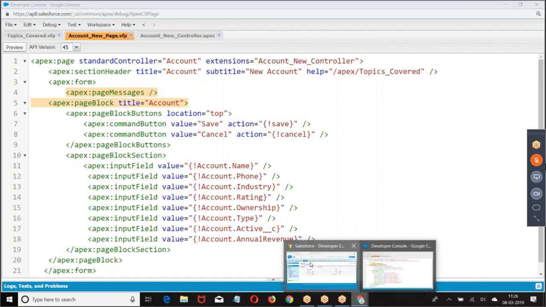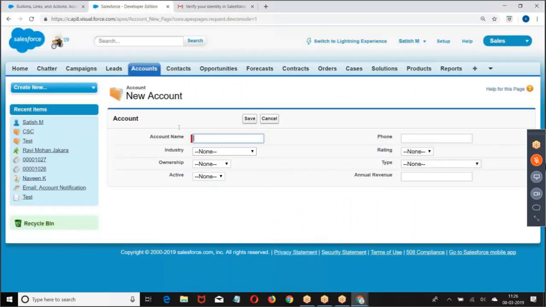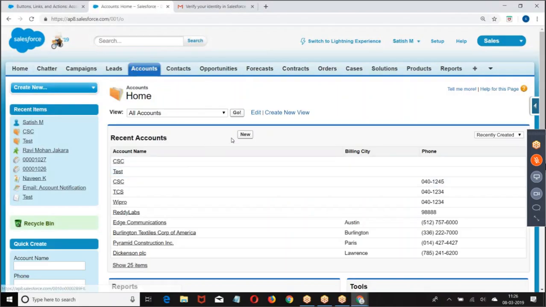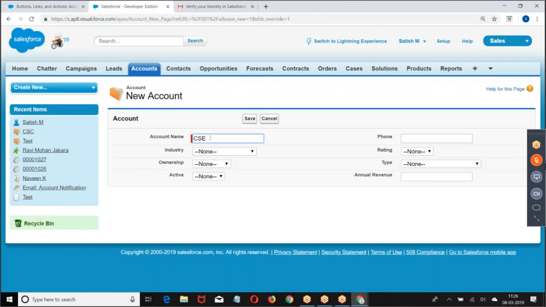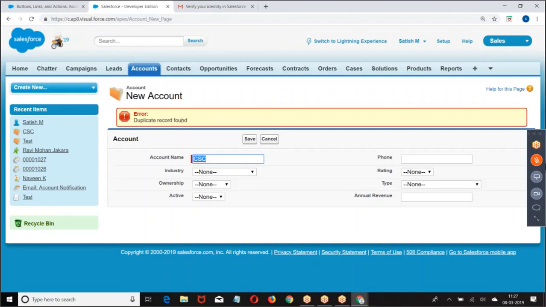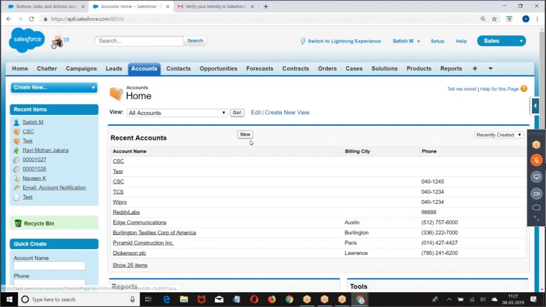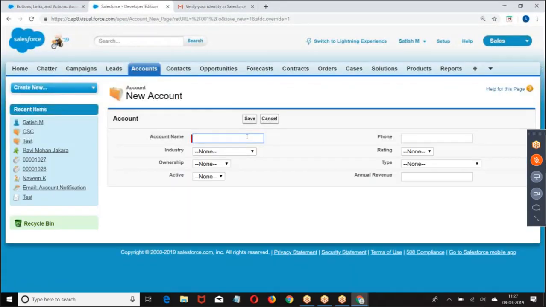Go back here. New, already CSC is there, right? It's showing duplicate. So when you click on the tab, when you click on new, my custom page should open.